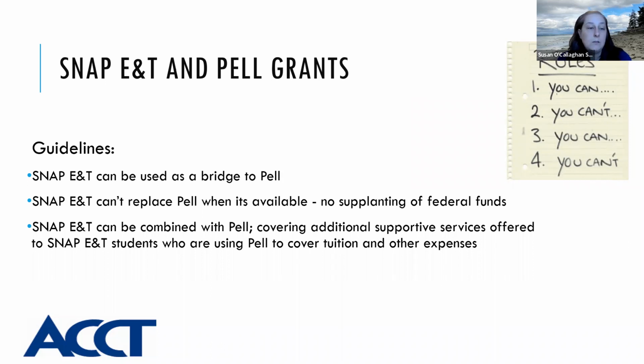So if a student is applying for Pell and it hasn't been awarded yet, then you can use SNAP E&T. So maybe the first quarter they enroll, they're applying for financial aid, and Pell hasn't come through. You could use SNAP E&T to cover their costs in that first quarter. Or you can use SNAP E&T to cover things that Pell won't cover. So thinking about how you can braid SNAP E&T with Pell, or sequence SNAP E&T with Pell,